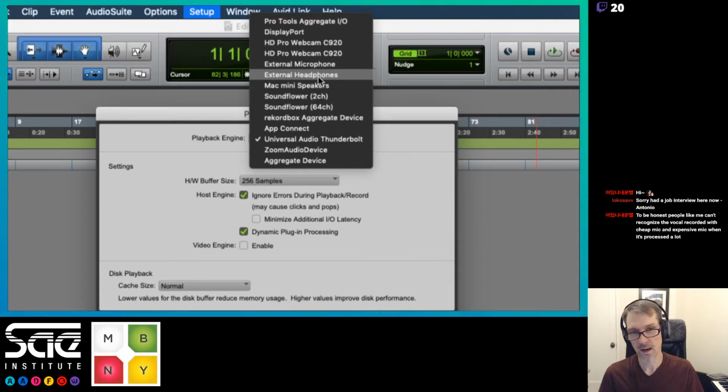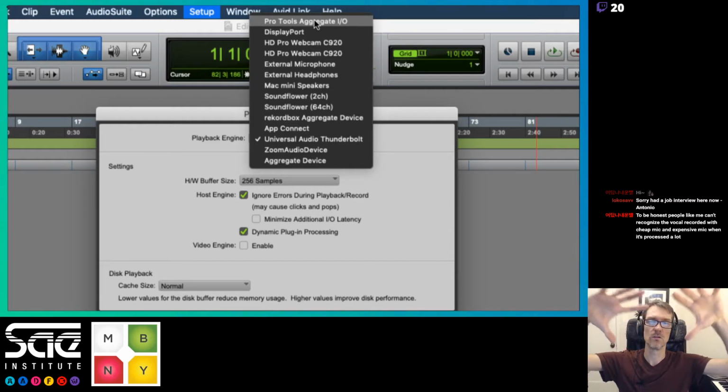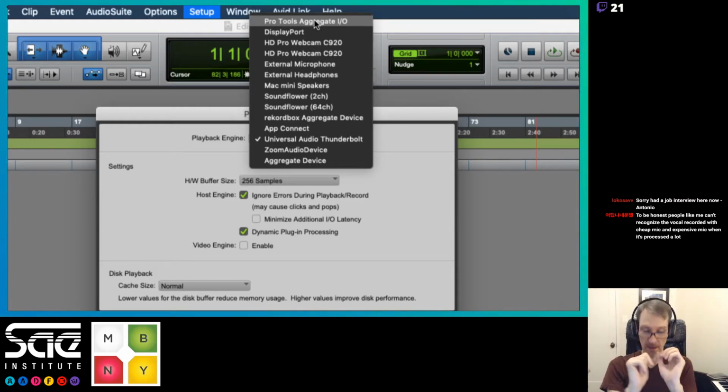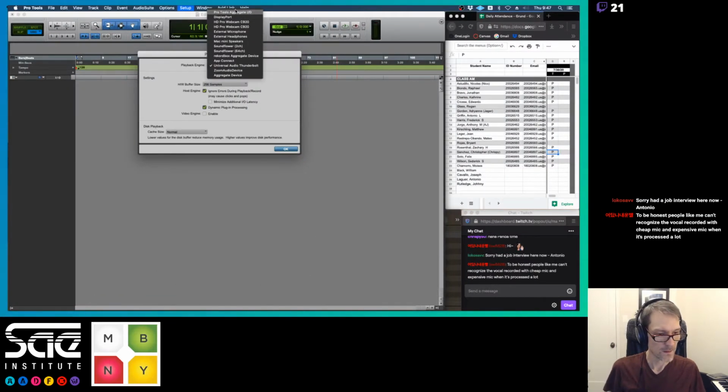So what we're going to have to do is set up the Pro Tools Aggregate here, which is going to basically allow you to have multiple interfaces in one setting. All right, so